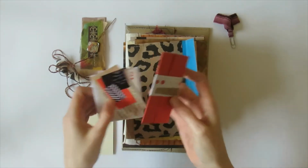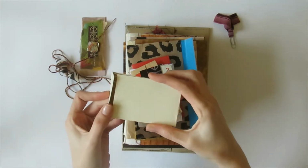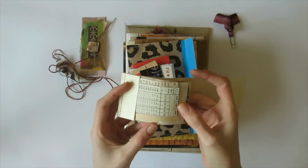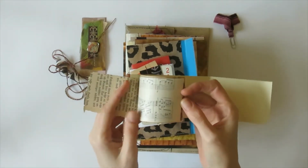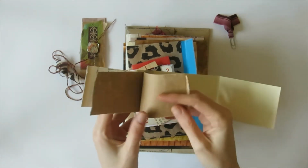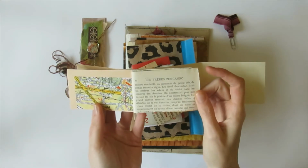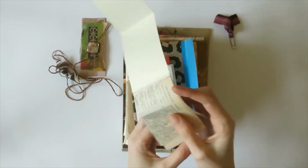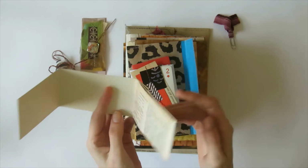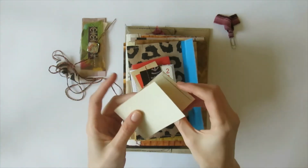See, like this. And we have this is a matchbox fold, and it has some collage papers, transparency, music paper, brown papers, and maps, and French, and dictionary, Old Dutch and English. So you can rip it up and use it in collages,